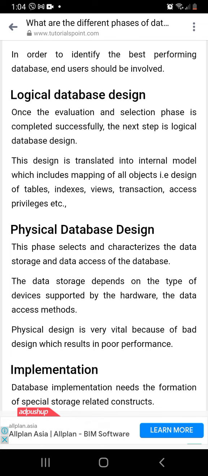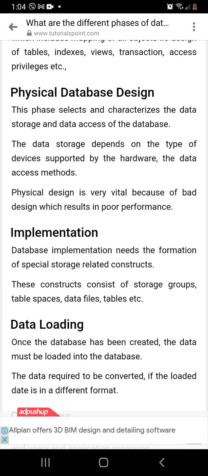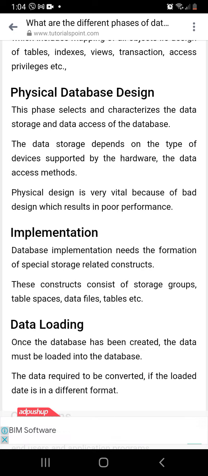So next we have implementation. It involves installing the newly developed database on the client's machine, deploying to the end users, and providing training on how to use the system. Okay? So for example,